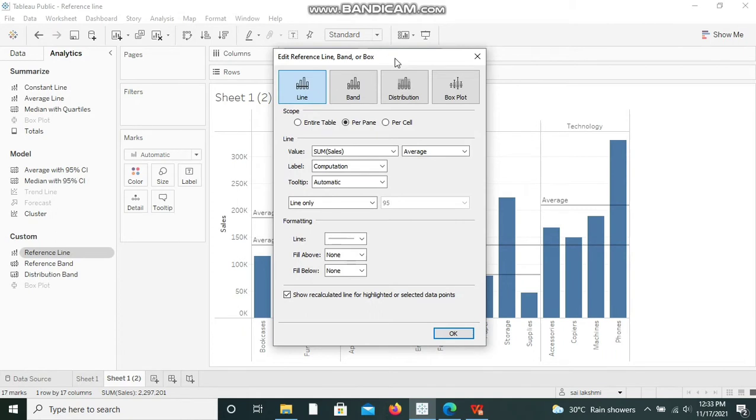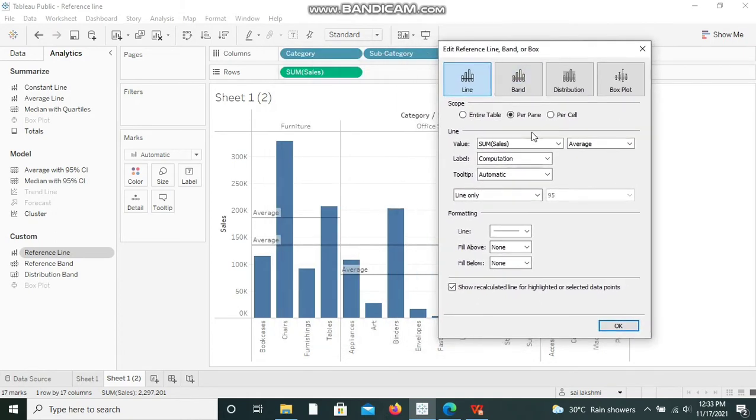Now the pop-up has come up. I am selecting per pane and average, and instead of computation I am selecting value. Earlier I selected computation, that's why it displayed average over here. Now it will display the value directly instead of the computation. I am clicking on OK.